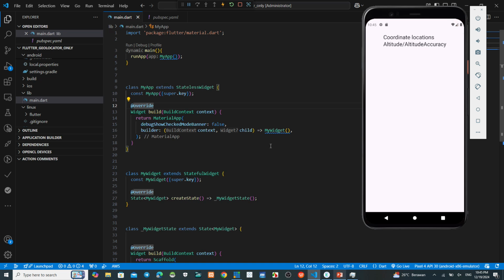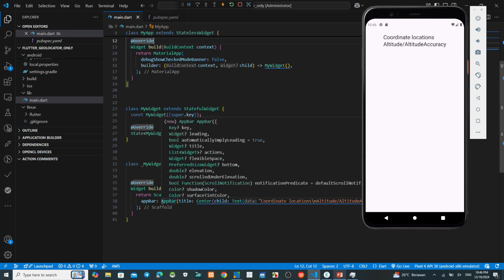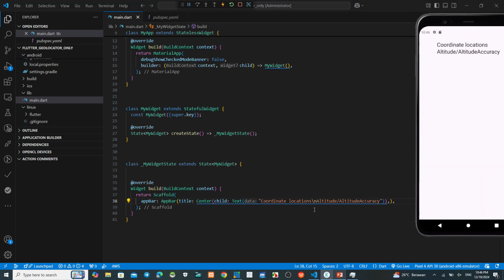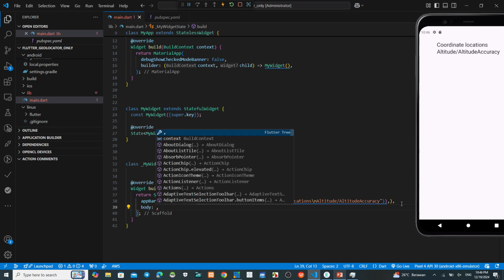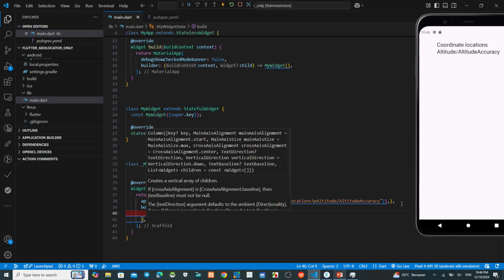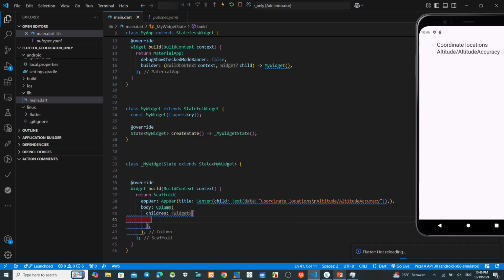Okay, maybe next we want to make this one blue color, background blue color. Where is it? Okay, this one, app bar. Body. Now we make a body, and then column, and we make children. Okay, after that we make this one scaffold widget.